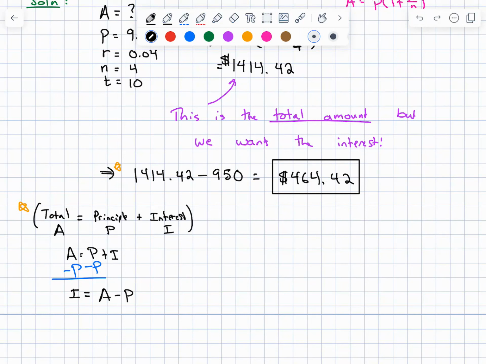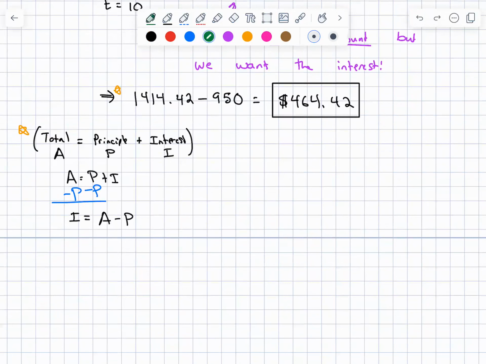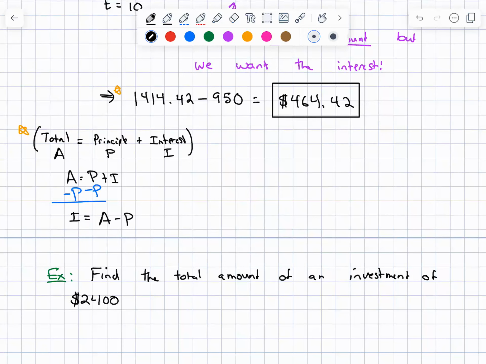All right. Would you guys like to do another compound interest problem? I think we have enough time for one more. That was the end of my notes, but I think we should do one more. Let's do: find the total amount of an investment. Someone give me a number. 2,400, perfect. $2,400